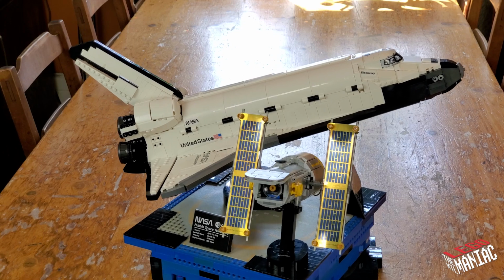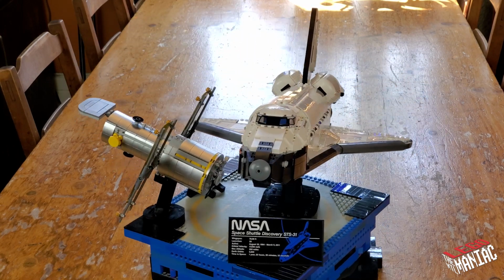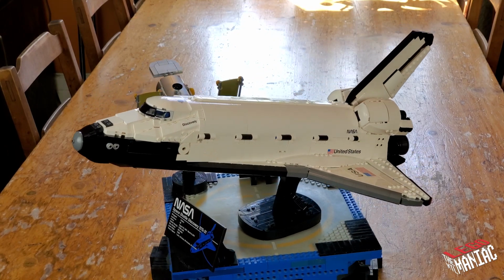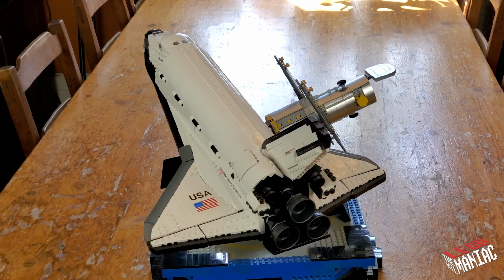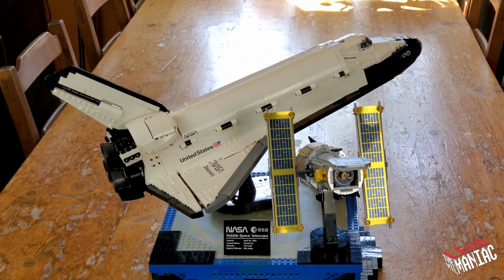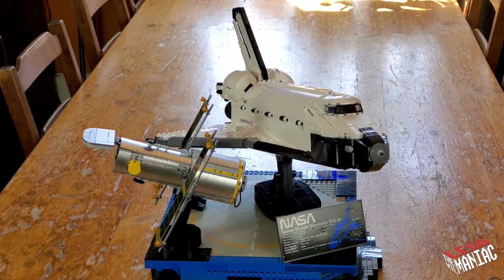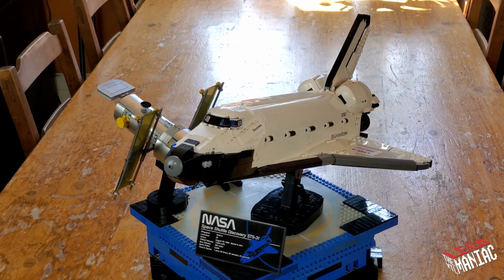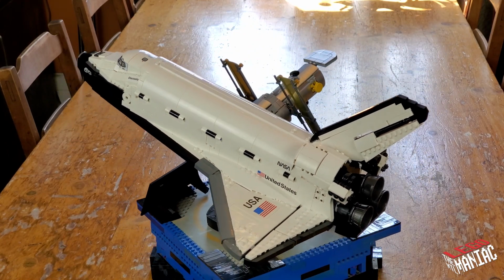With the features all covered, I'd like to now talk about the build process a little bit, because I really enjoyed building this one a lot more than most LEGO kits. It had a very similar feel to me as the 1989 Batwing, which I really enjoyed because both these kits got pretty big quite fast, and the shape of what I was building became apparent early on, and from there, I was just building it up and finishing off and adding those details, and that was just very satisfying because I knew exactly what I was building, and I just find it to be a different kind of satisfaction,